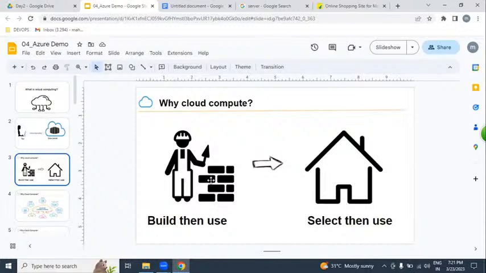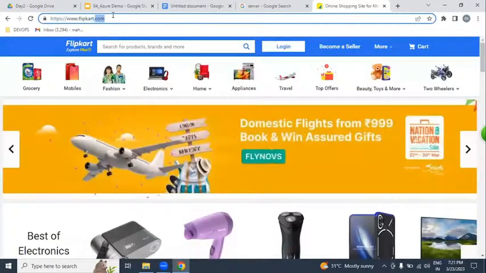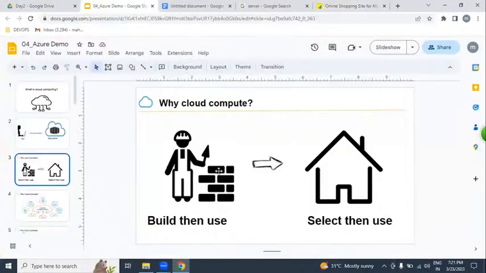So by using that rental car, we can easily reach the railway station, whatever the tariff we are going to be paying. But on the other hand, if you buy a car, what will happen? We need to maintain it ourselves, like the RC copy, driving license, insurance, pollution check, driver, and monthly maintenance. It is all a headache for us. In the same way, just for deploying our applications, a Flipkart kind of application, we are going to be